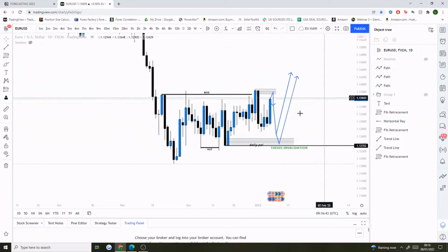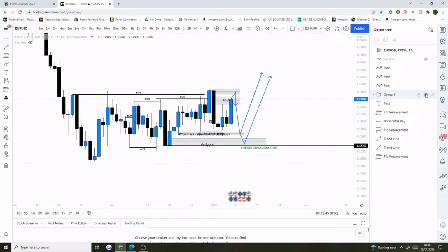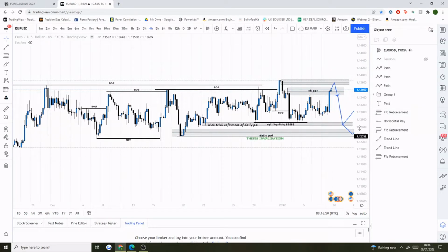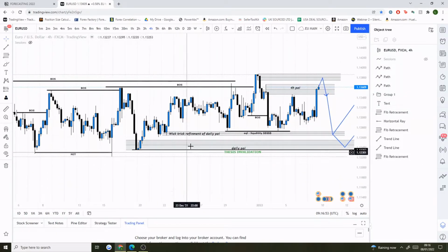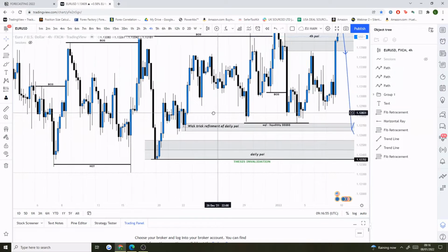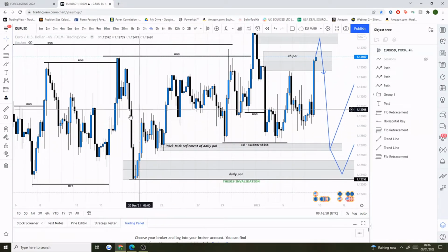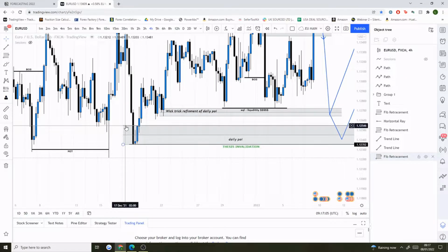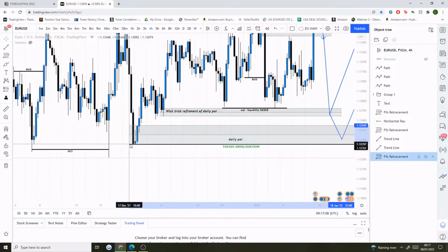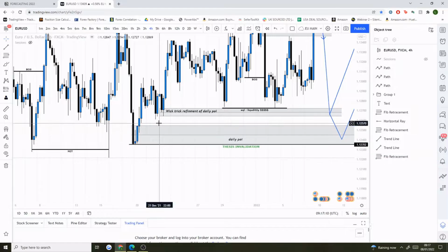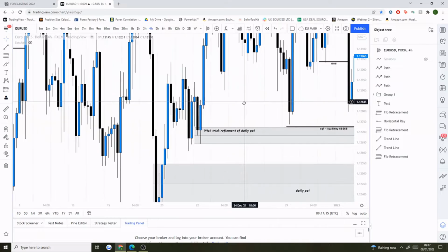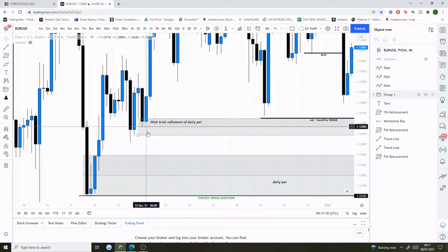Now, that said, I think looking at the 4 hour makes more sense. So looking at the 4 hour, initially I'll just talk quickly about the refinements of that daily POI. Like I mentioned, pretty much this whole area here is the daily order block. But when we look at what we can actually refine the daily order block to, for me there's two clear areas. So we've got this wick trick refinement here, and what that basically is where you've got this wick here